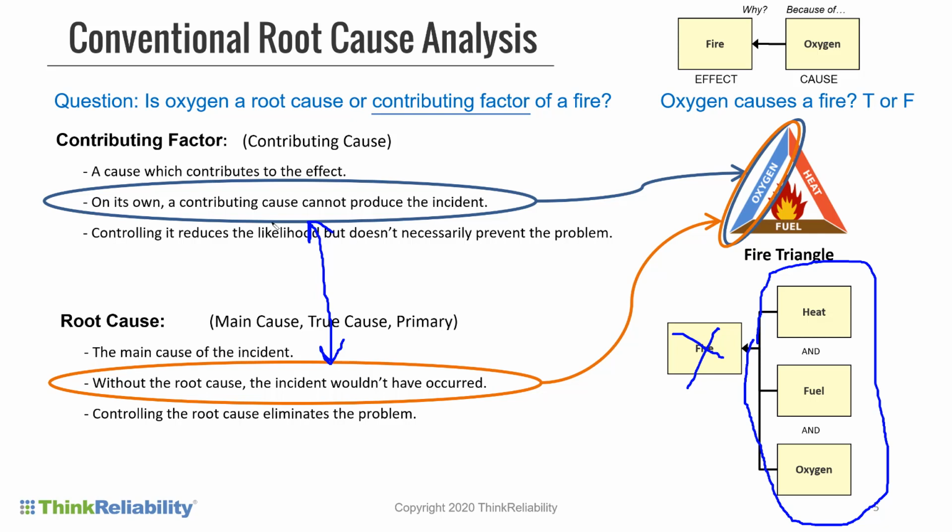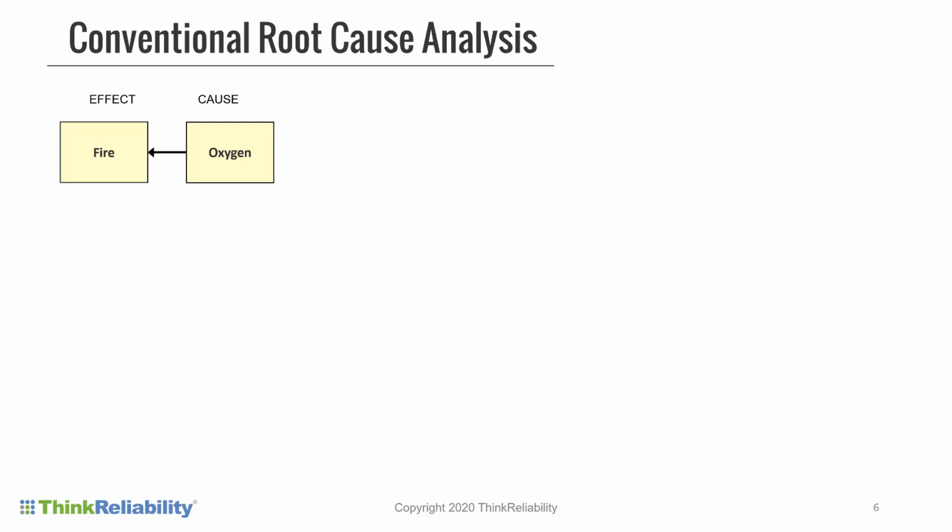But this has gone on for decades, where people in companies differentiate between the important causes and the less important causes. And there are many discussions between frontline and management about what really caused the issue. Huge opportunity to change the way groups miscommunicate. And that's what's happening. Fire is caused by oxygen, because the only thing this says is that oxygen is required. Oxygen is necessary to produce a fire. It doesn't say that oxygen is the only cause of a fire.